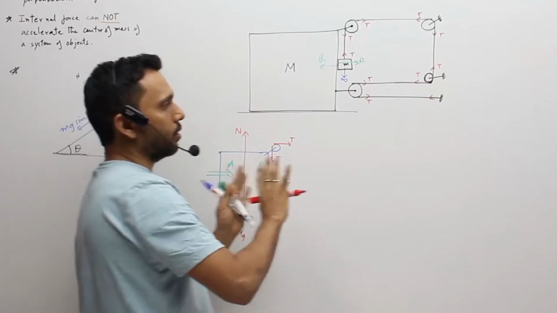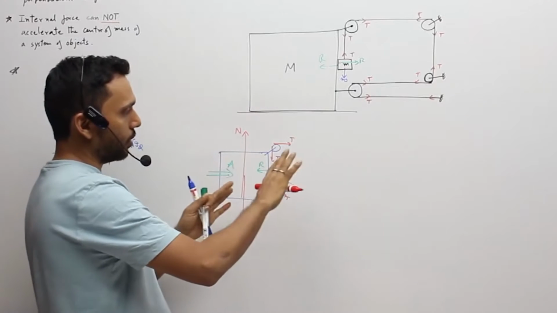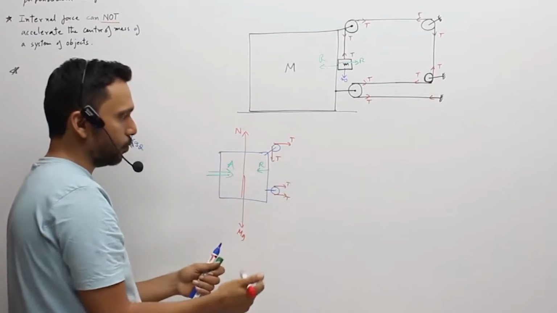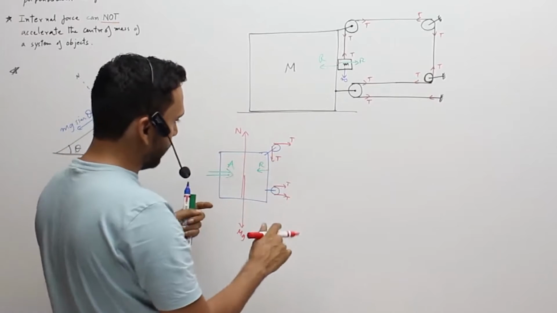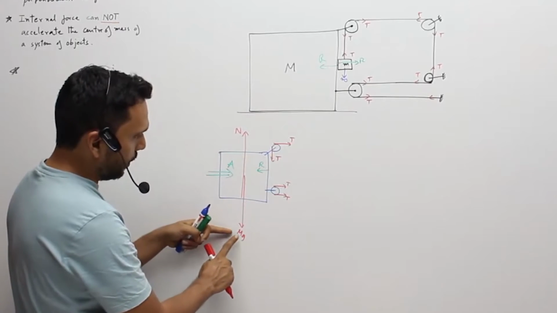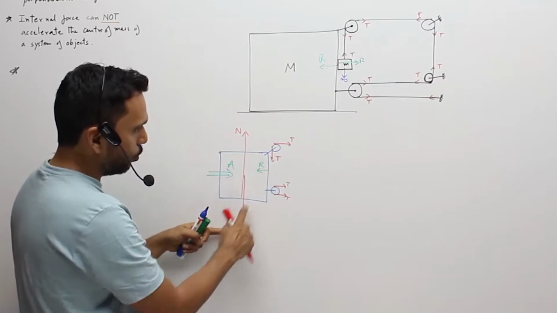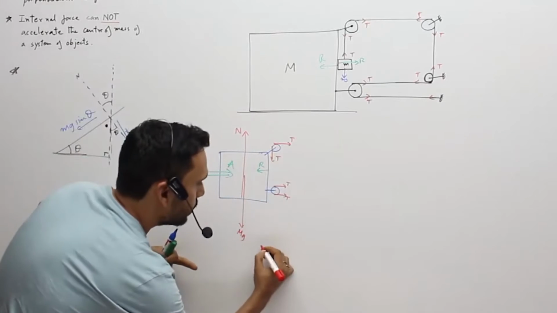Now you have to write two equations, one in vertical direction and one in horizontal direction. What we are going to bother about mostly is the horizontal equation, because we want horizontal acceleration, and there is no friction, so vertical direction equations might not matter in this case, but anyways we'll write it. So what are all the downward forces?